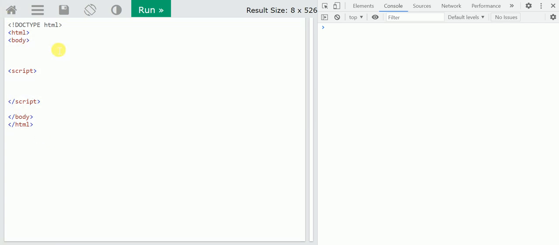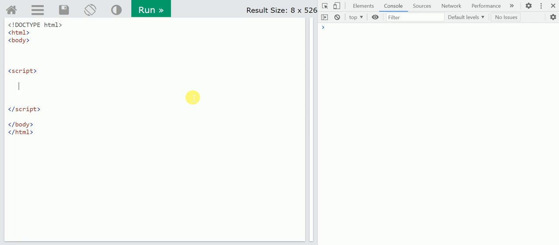Okay, so here you can see my editor is the W3Schools editor, and this is simple code as HTML snippets, with a script opening tag and closing tag. You have to write some JavaScript under this tag. First of all I am going to show you the traditional way, and after that I will show you the latest way, with real-time scenarios based on this topic.